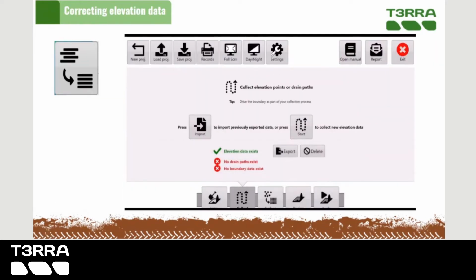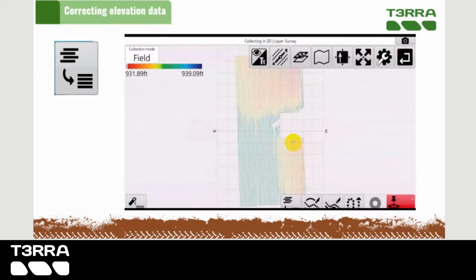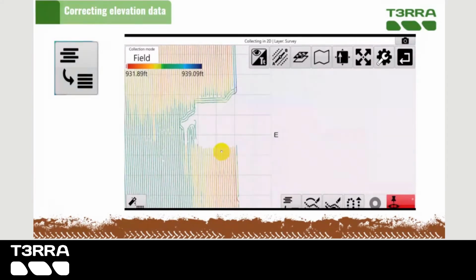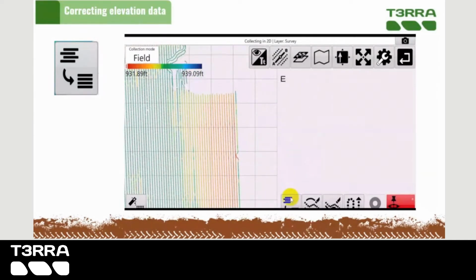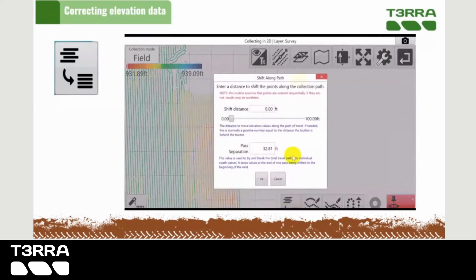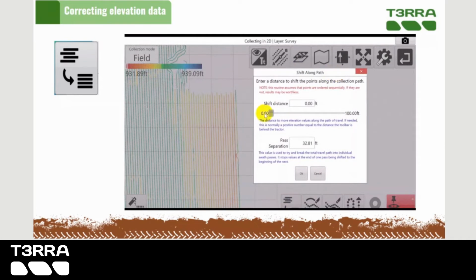Correcting the elevation data. Inline Offset is a surfacing tool that assists in making corrections to elevation data that is imported from other sources, that looks torn or pulled apart in the direction of travel. To access this tool, press the Fix Lag button located at the bottom left of the tools at the bottom of the screen. Pressing this button will open a pop-up window that will provide you with the options to correct